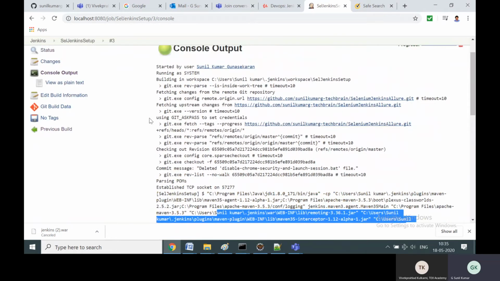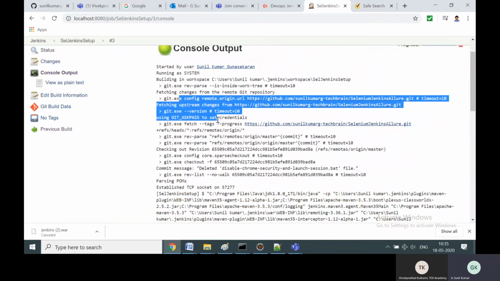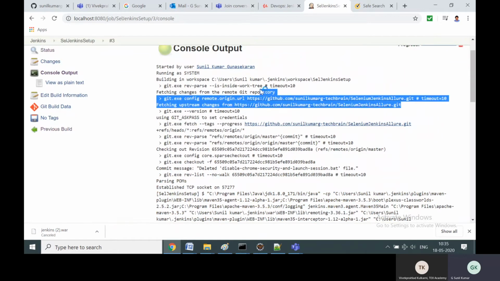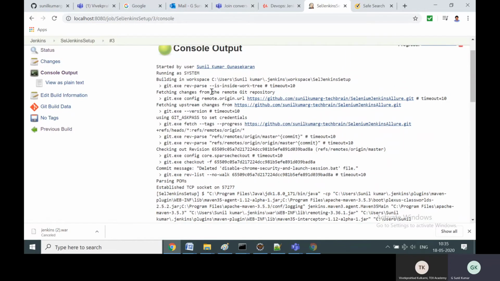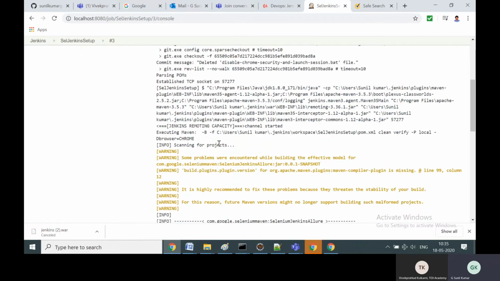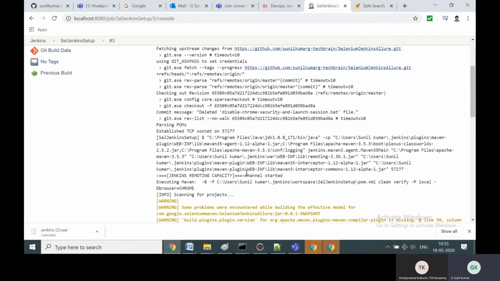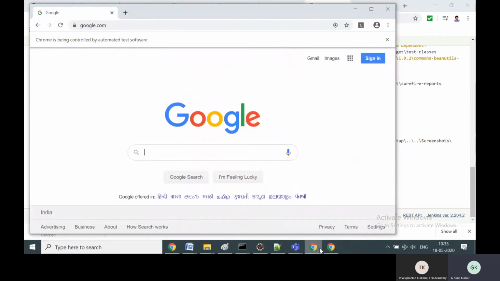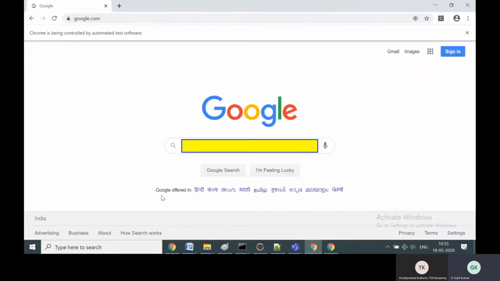And then here, also you can see here, it has checked out our clone, that Selenium Jenkins Allure repository, and it has checked out from this repository and put it in the local workspace, and it has launched also. See, parallel execution has happened on two browsers. This is an additional advantage for you guys. It's a parallel setup. Jenkins parallel. You can directly demo to your customers.